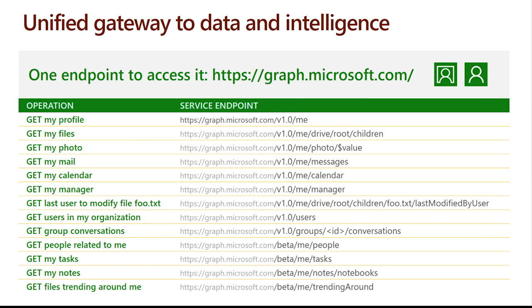OK, so Graph itself is a REST-based endpoint, and it follows a lot of the conventions of OData, for example, doing queries or traversing down through resources. If you've ever worked with an OData API, and a lot of Microsoft APIs are OData based, it should feel very familiar. And so doing things like getting a user or getting a photo is all available through